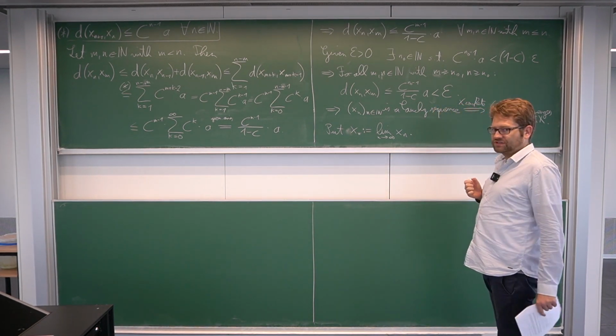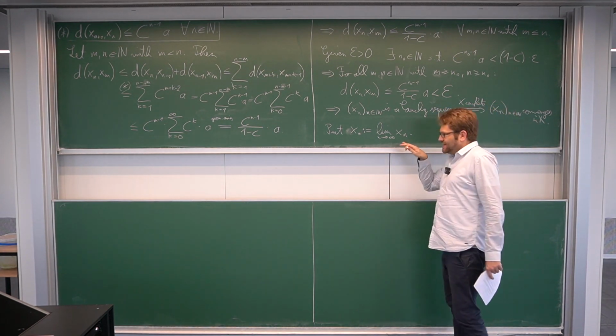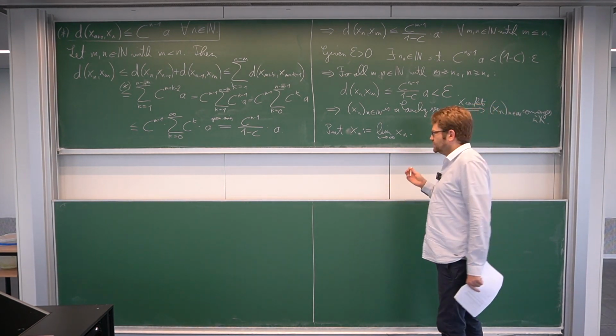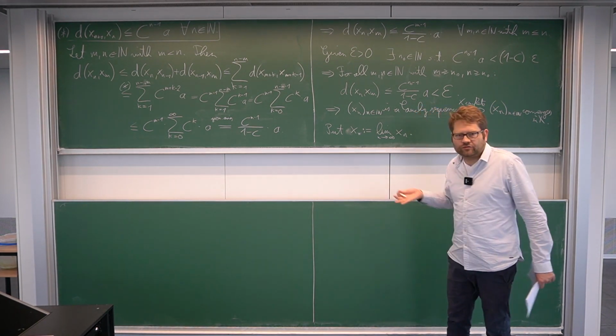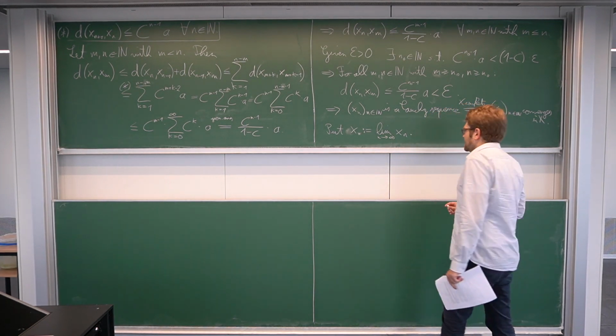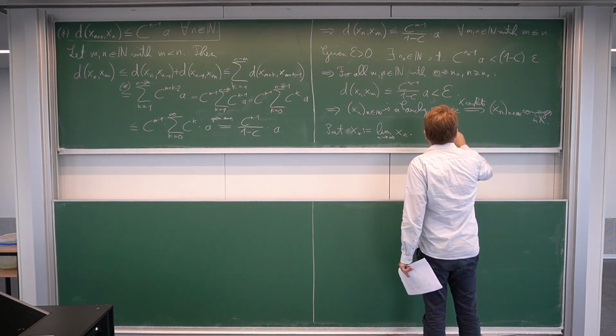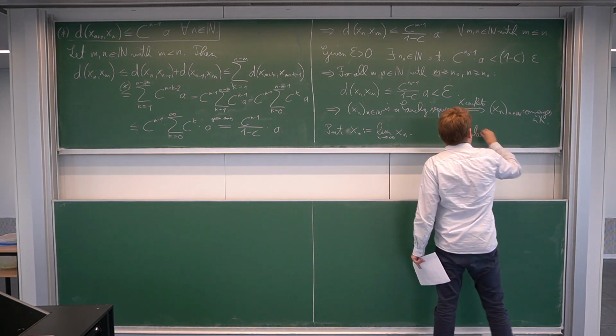But how can we show that it is a fixed point? First of all, I haven't formally proven this, but as for the real numbers or for complex numbers, subsequences of convergent sequences always converge against the same limit. This is really easy to see. So then in particular, we observe that if we take the following subsequence,